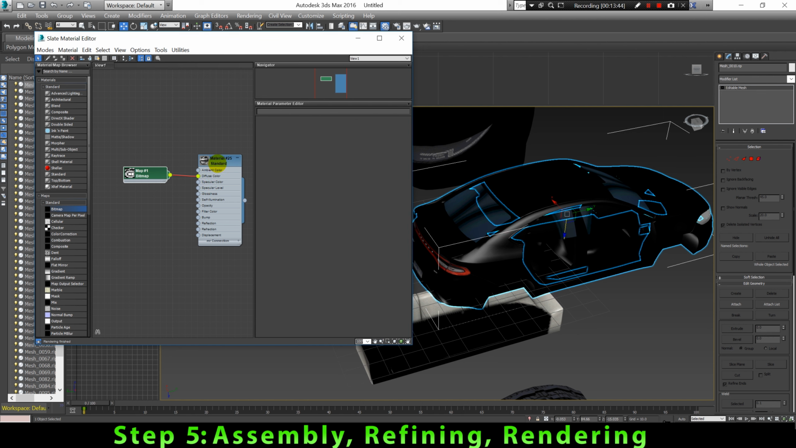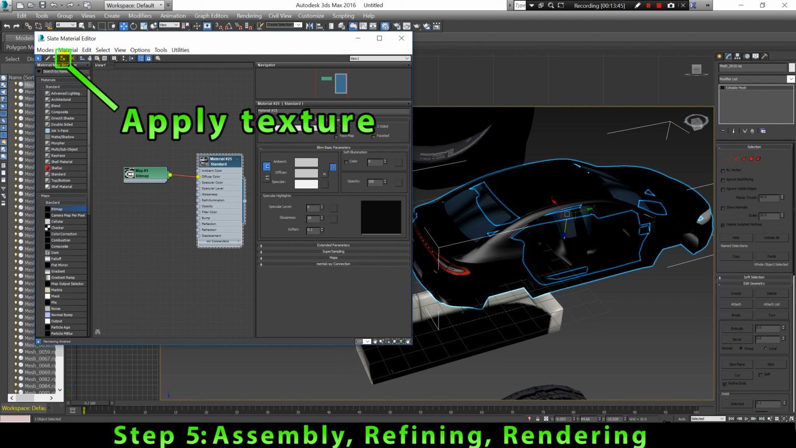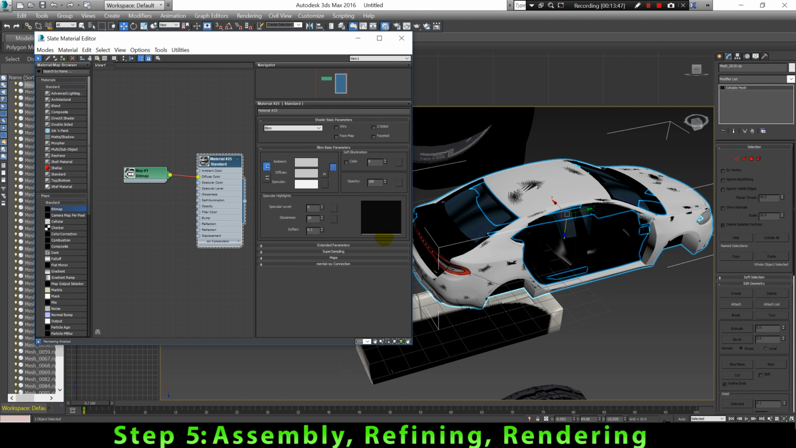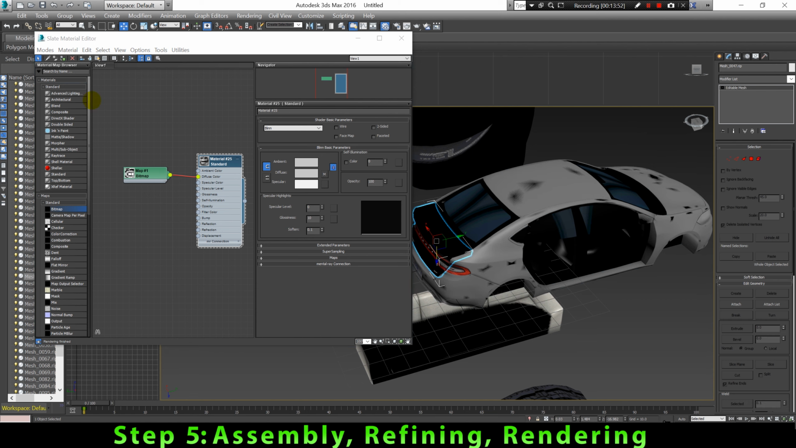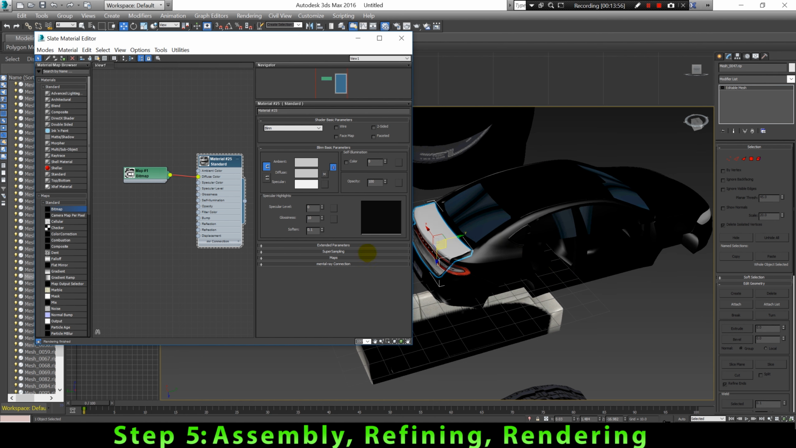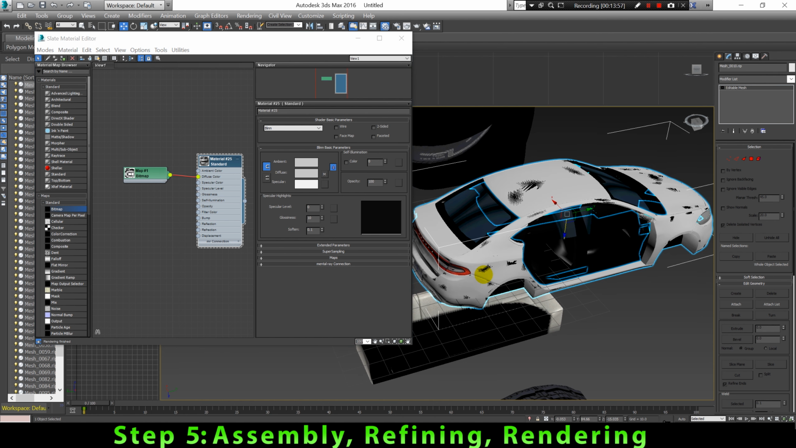So having the model where we want to apply the texture selected, we're gonna go and click twice in the material that we have created in order to select it. And let's click in this button to apply the texture to the selected object. And then we can go ahead and apply the same texture to the other parts of the car as well, just by clicking and selecting those parts and pressing the button again to apply the textures to these other parts